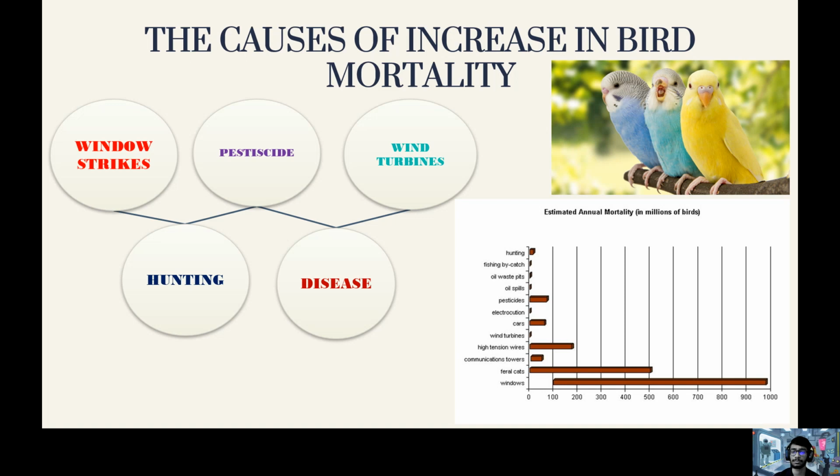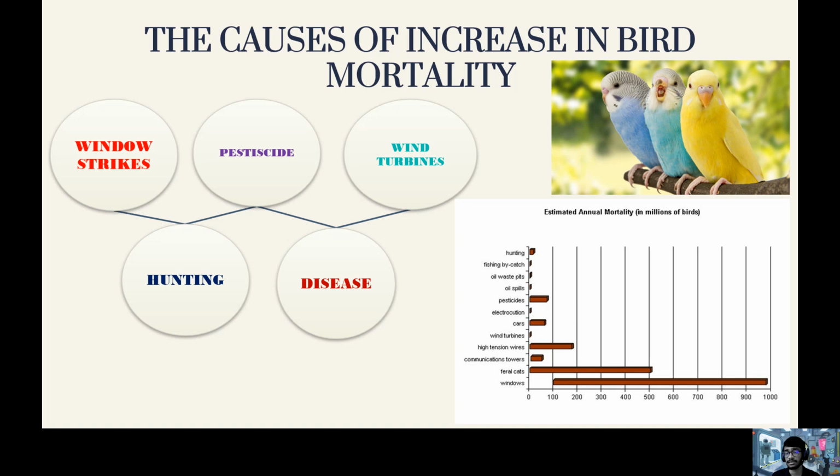Pesticide is categorized as poisoning. Pesticides actually kill 72 million birds per year, possibly as many more. The subtler effects of pesticides may also make the birds more susceptible to predators or unable to reproduce, essentially killing them. A study in 2000 found that common over-the-counter pesticides were responsible for more bird deaths than the